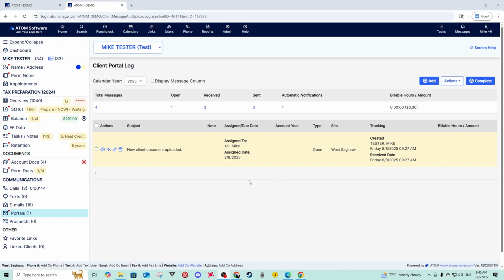In this video, we'll be covering the client portal message log that is found inside of the client file. Right now, we are inside a client file, and the portal message log link is right here. Now, this log will contain all of the portal messages between you and your client, and it will group them